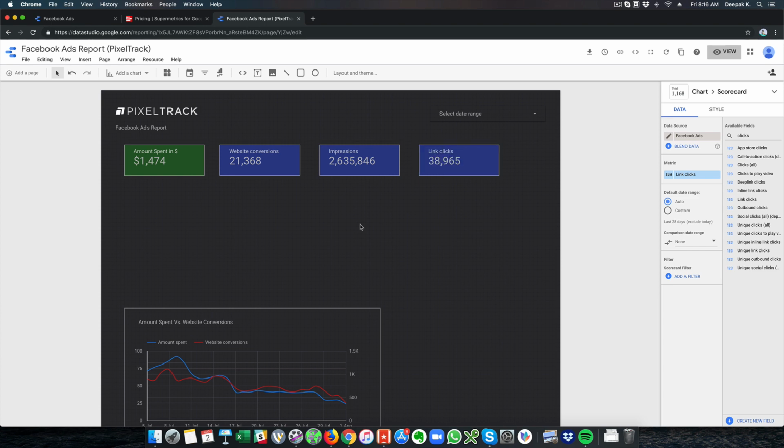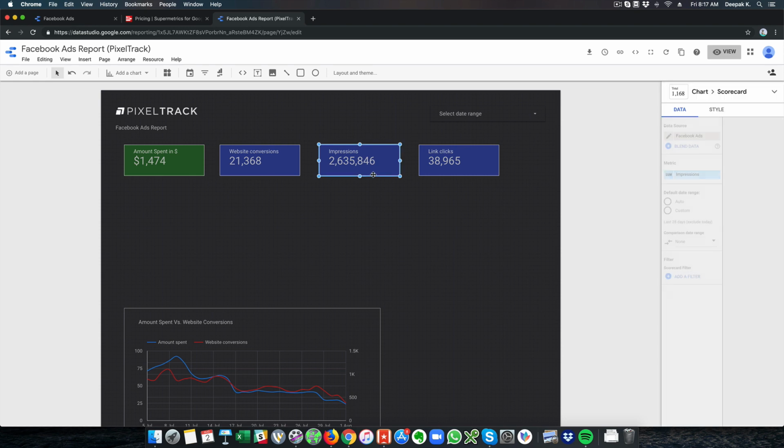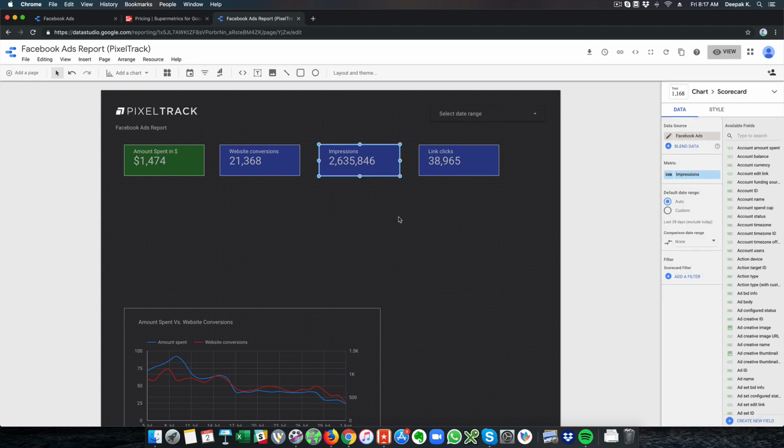So now you can also go ahead and put some data from your analytics, put some filters if you want, and compare whether the link clicks and the traffic is actually matching. So there is a lot of things you could do. And there is something called blend data, which is data blending to put multiple data sources into a single chart or a single scorecard, which is beyond the scope of this particular video.